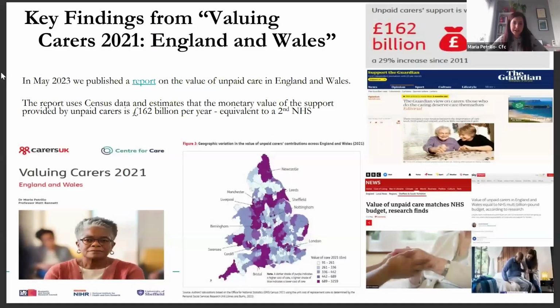Now, first, before jumping into the dashboard, let me take you back to where this journey began. In 2023, the Centre for Care worked with Carers UK to publish a report called Valuing Carers 2021, England and Wales. And in this report, we try to estimate the economic value of the care provided by unpaid carers using census data